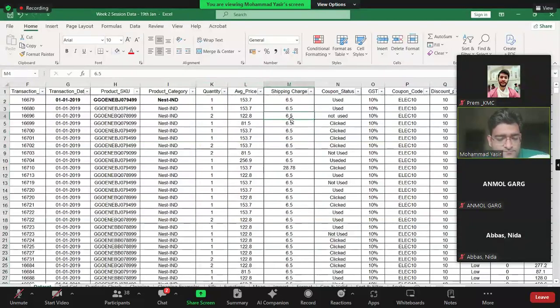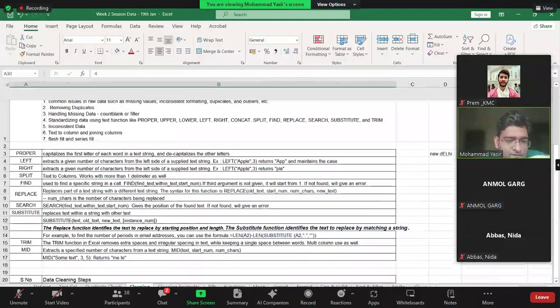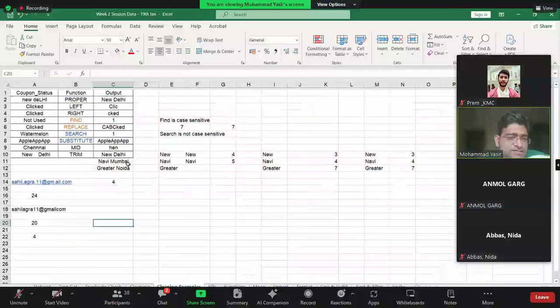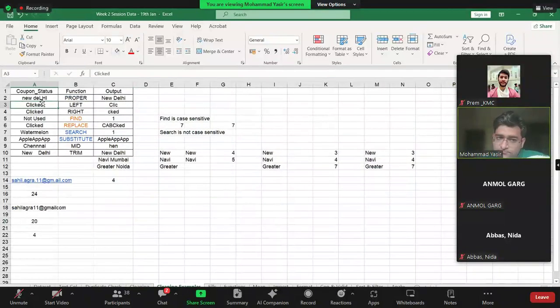Okay. Nice. Right. Now we will come to the next part, which is data cleaning, wherein we have multiple functions which we can use. For example, New Delhi. If it is written in this format, I want to change it to this. The first character of every word should be in uppercase and all others should be in lowercase.